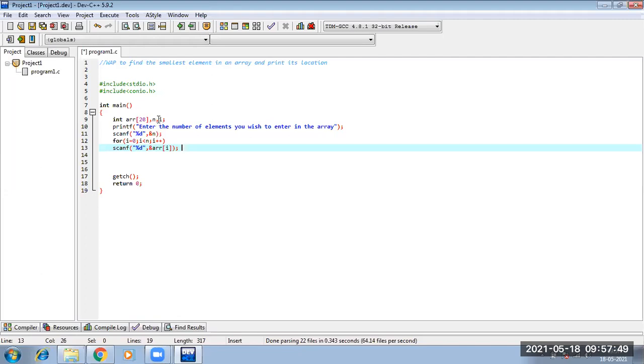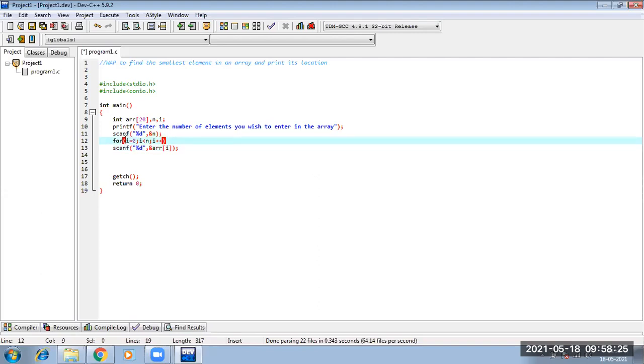So my n is also an integer, and index locations can be integer values 0, 1, 2. It cannot be a 0.5 array index location. No. So I will always handle integer values. So array, n, i are all integer types, and so I have declared them in the same line. If you want, you can declare them in separate lines also, whatever you wish. For this line, you can keep only int array[20], and in the next line you can give int n, and if anyone wants, he or she may declare i here also. Anything can be done.